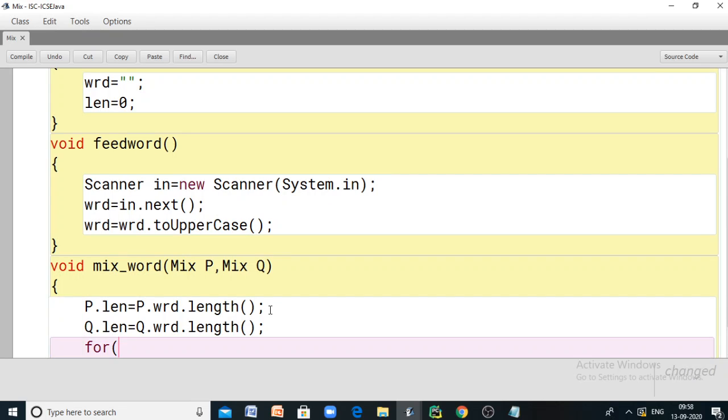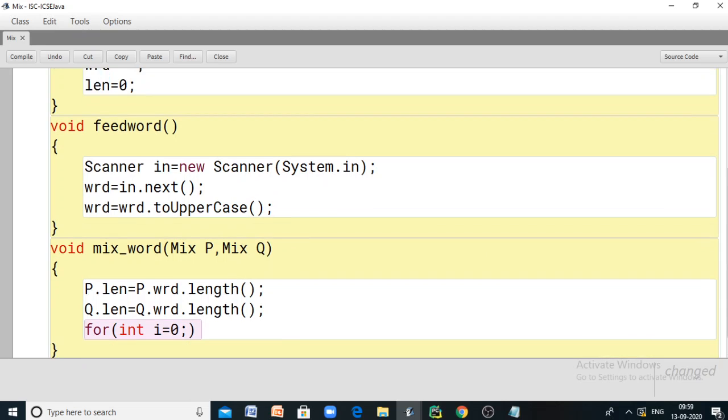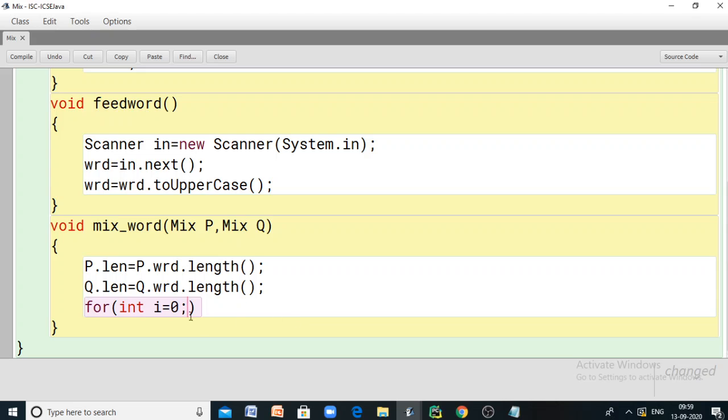For, let me assume an integer variable i, denoting the looping variable for this for loop, and it has to start from 0 because the first index of any string is 0.